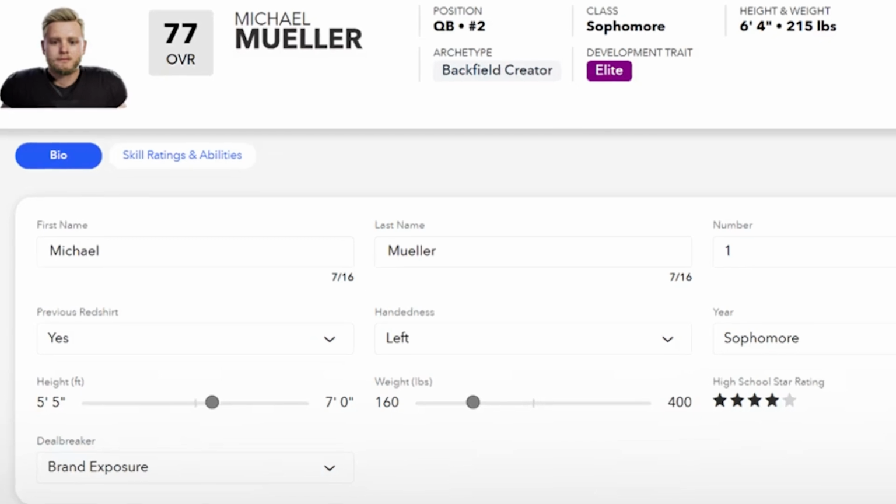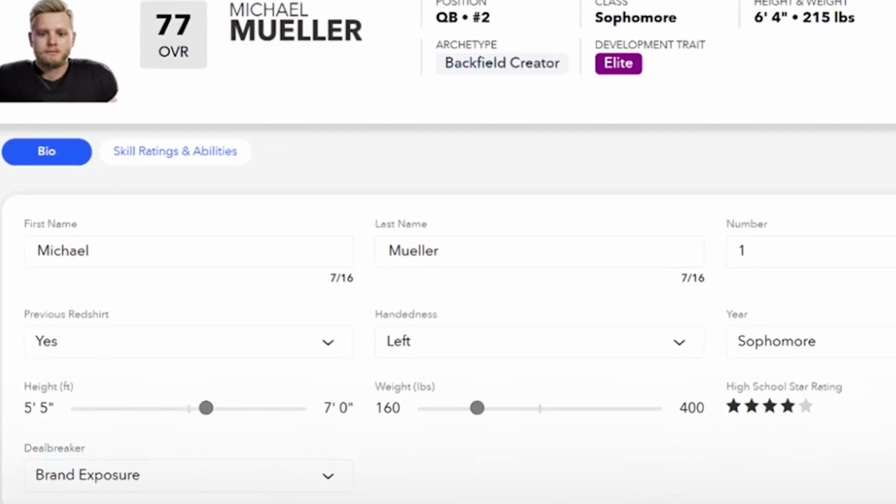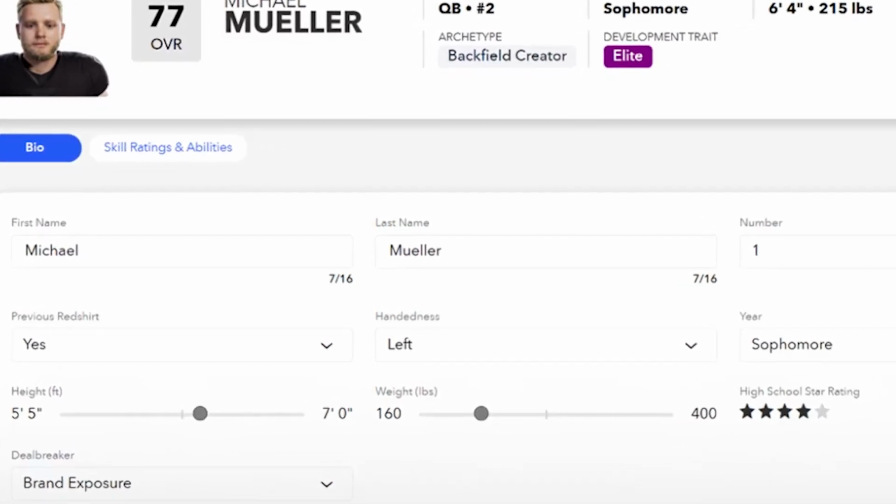You can edit their bio, which features their name, the city they're from, as well as their weight and their height. And if you wanted to create a team full of freshmen, you would be able to do that. If you wanted to create a team full of seniors, you would be able to do that as well. And if you wanted to redshirt a few players before you ported them over to your dynasty,